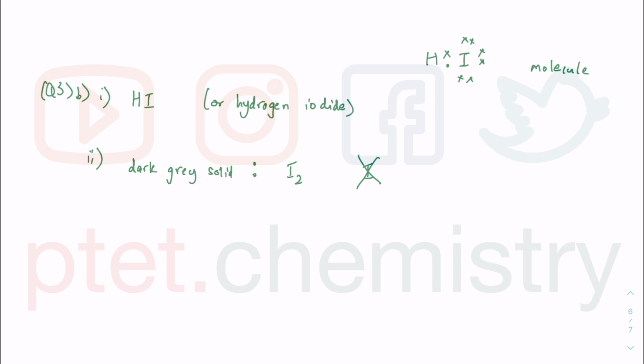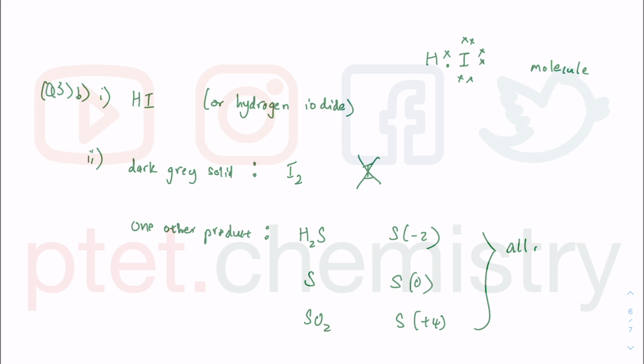They say one other product. They say the chemical responsible for the dark gray solid, there's only one, and then the other product, they say one other product. The other product can be from the sulfur, and there are many possibilities actually. One of them will be H2S. This is sulfur minus 2. One of them could be sulfur, which is sulfur 0. One of them could be sulfur dioxide, which is sulfur plus 4. All of these are possible products, and you could write a balanced chemical equation for each and every one of these being produced individually. Personally I usually go for the H2S